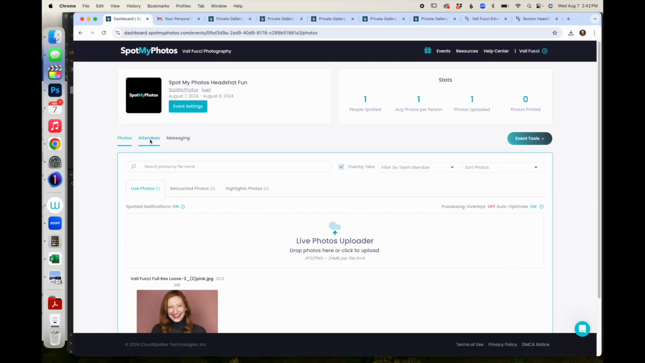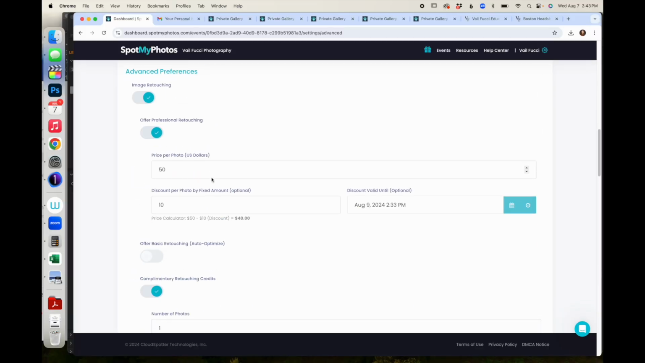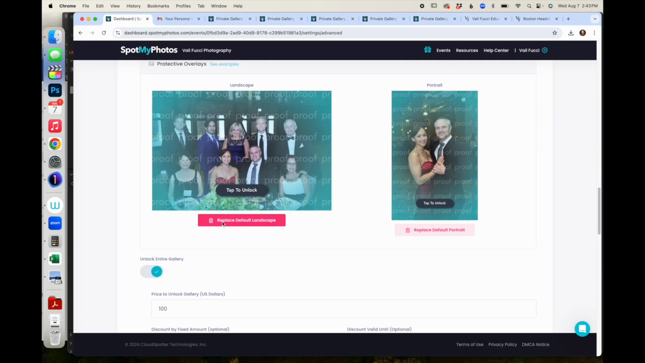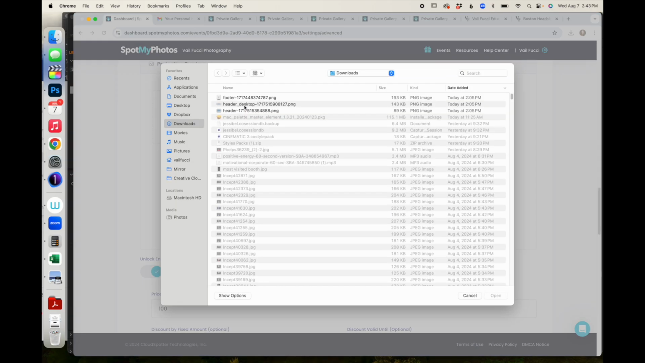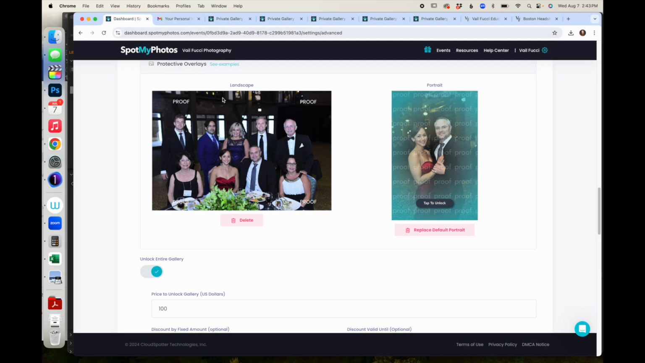Hold on. If I go back into Event Settings, Advanced Settings, because we're advanced, and I go for the cost of the protective ones there, I'm going to replace this. And let me see. I type in, I made one that's proof. And you can see proof, and it's going to be proof landscape. And you can see I have it just on the very corners, because realistically for a headshot there,